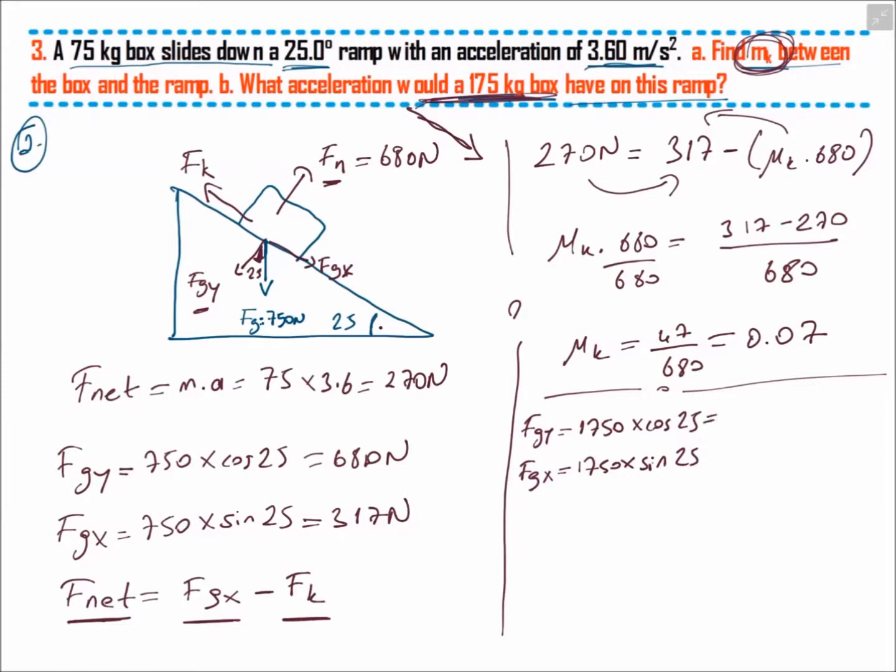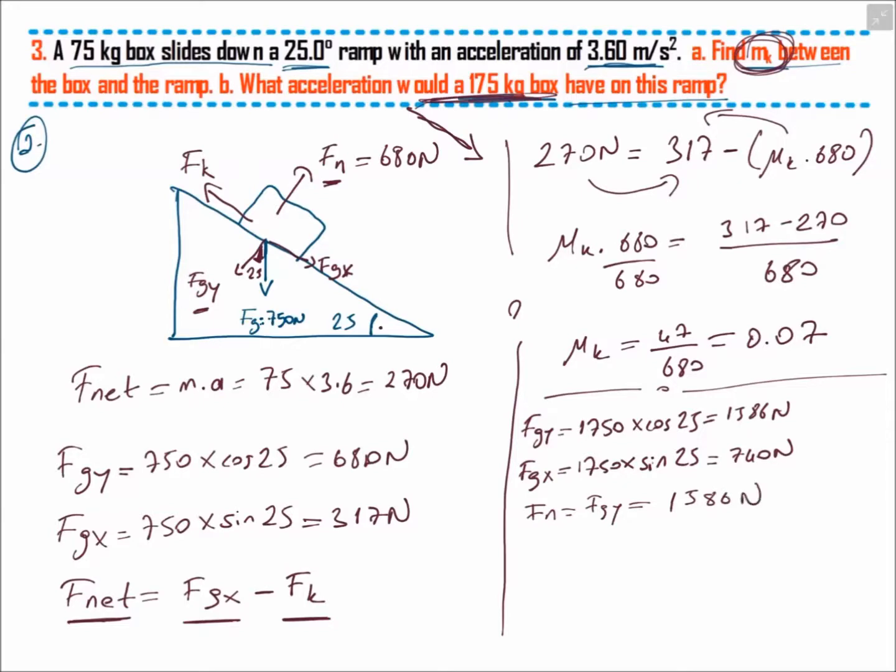So Fgy will be 1586 Newton, we can say, and Fgx will be 740 Newton, and Fn will be